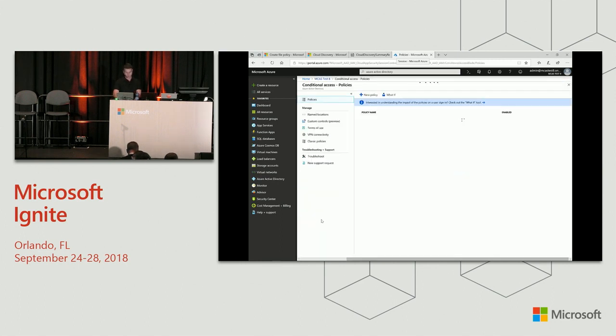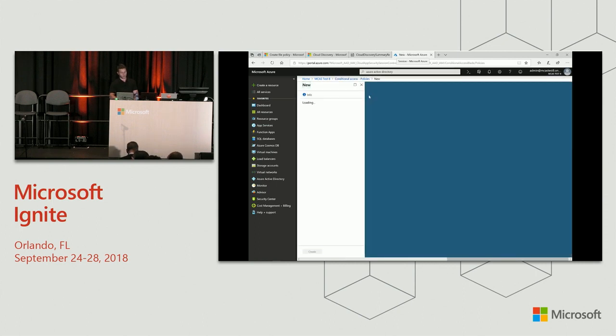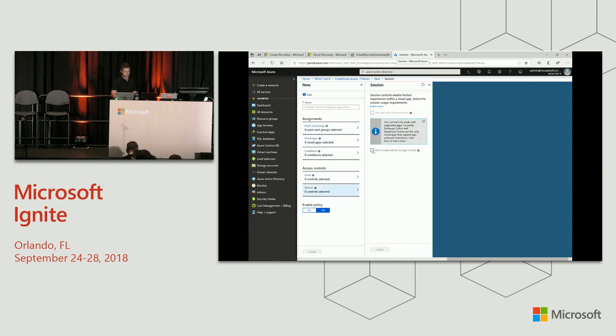And I want to show you that here within Azure AD, under conditional access, in order to configure a policy, the only thing that you need to do is start a new policy. You can choose the different users that you want to have. You can choose a different application, but the specific thing that I want to show you here is that for the additional controls, the only thing that you need to do is this simple checkbox. Just choose Use Conditional Access App Control.